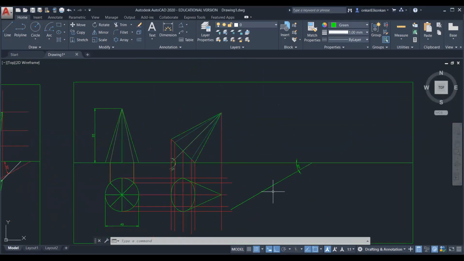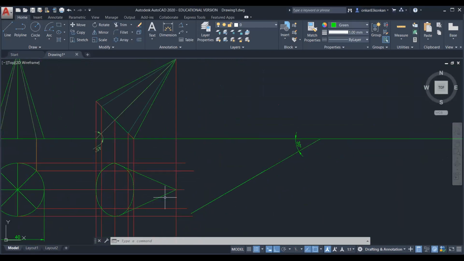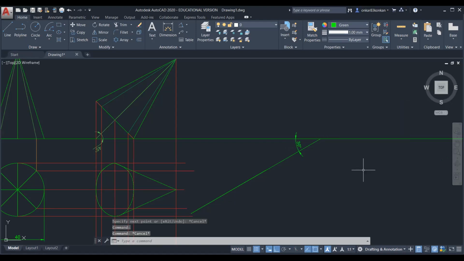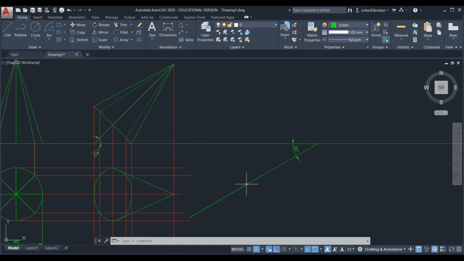And for the third stage, we have to rotate the second stage top view, and we have to find out that apparent inclination. So first, draw one line at 30 degree. So this is the inclination given in the problem with respect to the vertical plane. So this is the true inclination. So on this 30 degree line, just mark the line with the true height